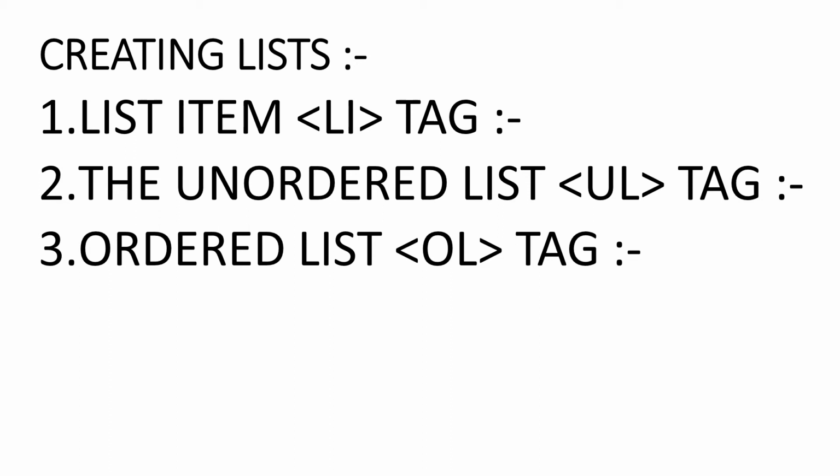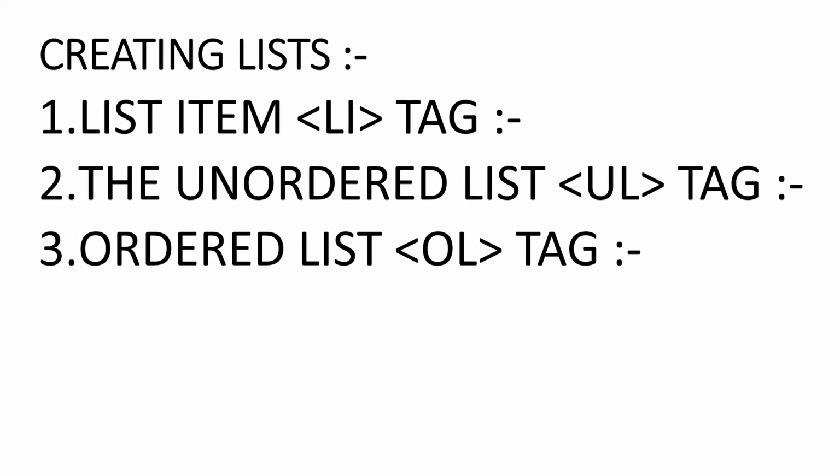Okay, now next is the ordered list. Sometimes we need to specify the order of the list. We have to mention a specific order inside the web page. Okay, first something should come, then something else. That's why we will use the ordered list. It defines a list of items that needs an order. Fine. The OL tag is ordered list, the UL tag is unordered list, and the list item tag is the LI tag.